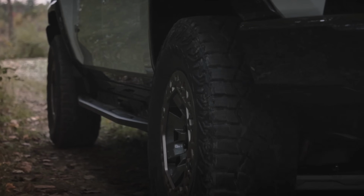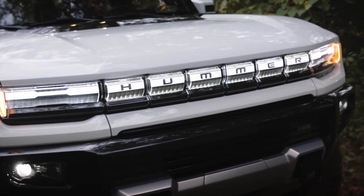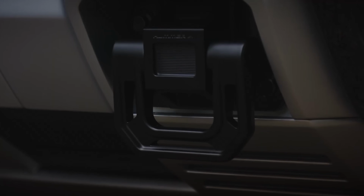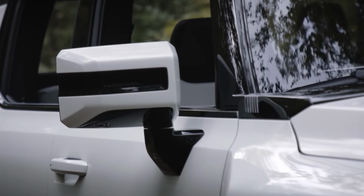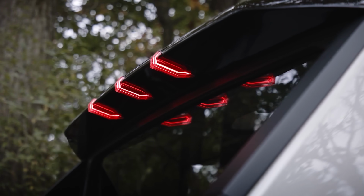Plus, if that wasn't enough, the Hummer comes from the factory with 35-inch Goodyear tires, and GMC advertises that the vehicle has room for 37s. It's like they already know we're gonna slap some big old tires on it as soon as we get our hands on one. In terms of styling, the Hummer has a sleek and stylish vibe with a rounded 6-light front grille that functions as the headlights and also as a charging indicator, so you always know the status of your